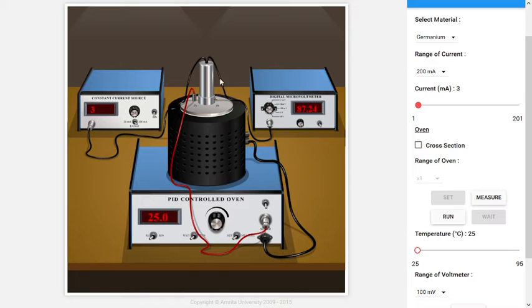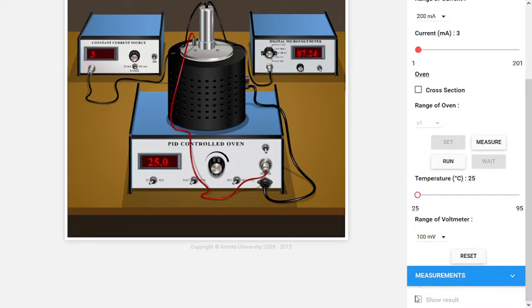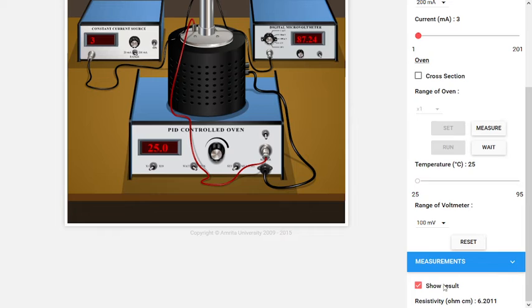Here it shows the resistivity value. We can also calculate it with the formula, that is, resistivity is equal to rho naught upon a function of W by S. And here the problem is we cannot change the temperature directly from here. For the other readings we need to reset it.